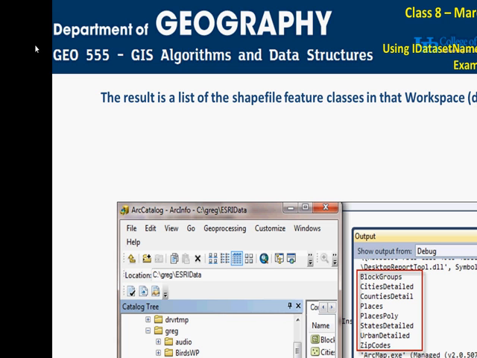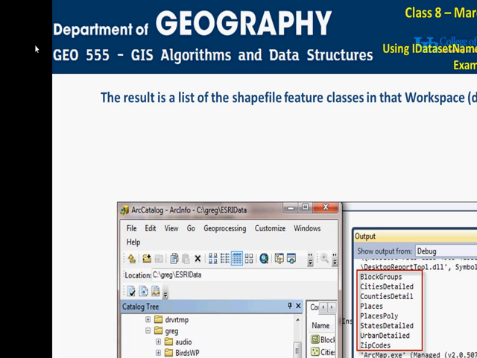Although that's reading from a data frame, not a workspace. But you could write something similar to Lab 2, where you pick a folder, and you could use this to give you an inventory of the list of files in a location, or you could use it to search for a specific file in that location. So this could come in very handy. And again, it's the